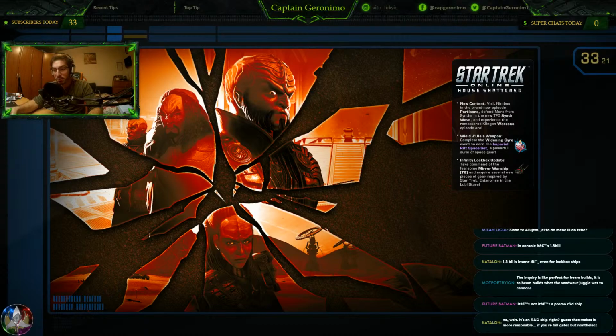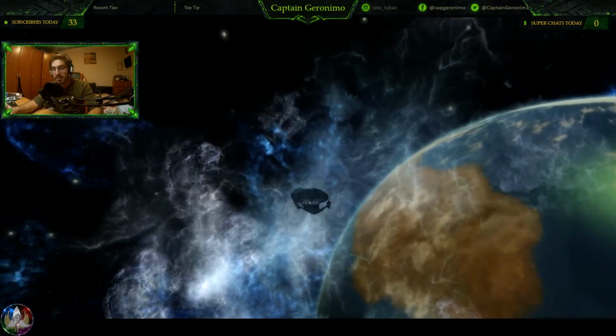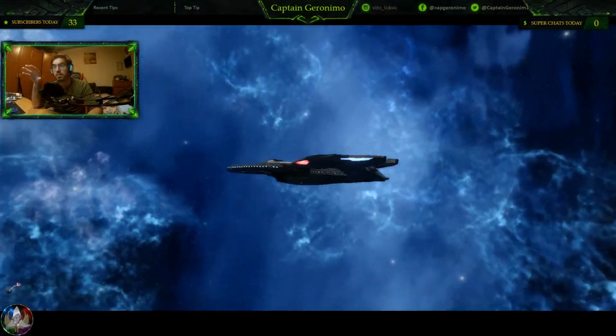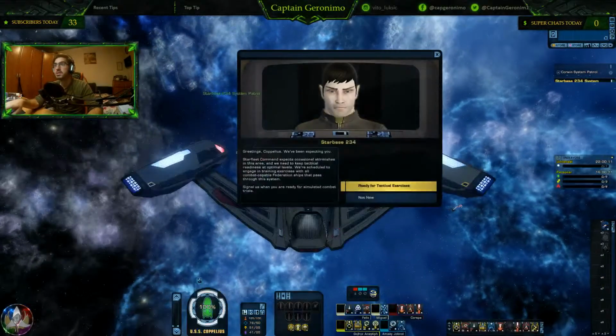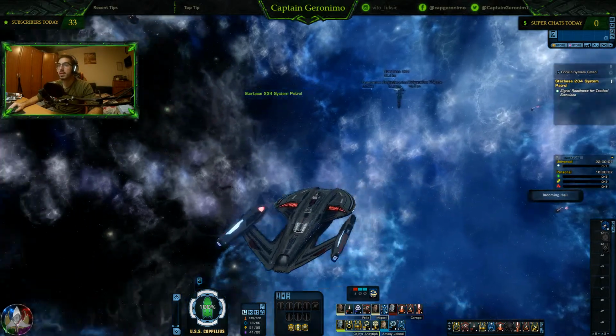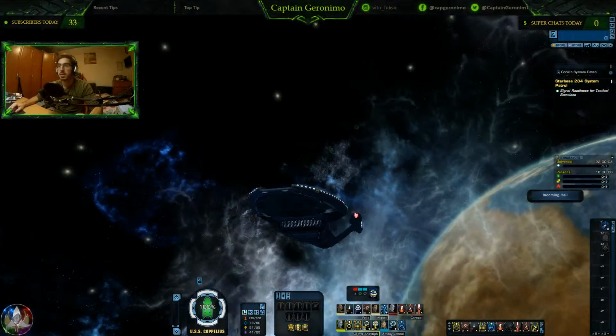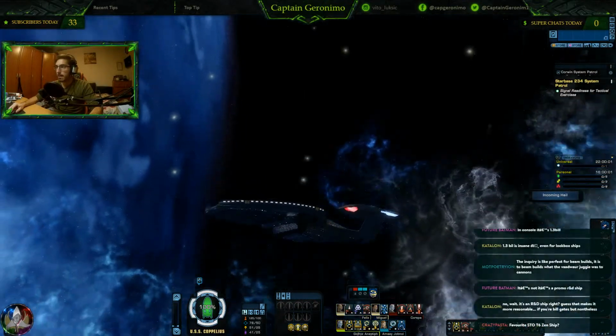The inquiry is perfect for the beam build. It's the beam build what the Juggernaut was for the cannons. I definitely have to agree with that. This is one of my favorite beam ships. Also, if you can't purchase the inquiry, then a substitution for it would definitely be, I